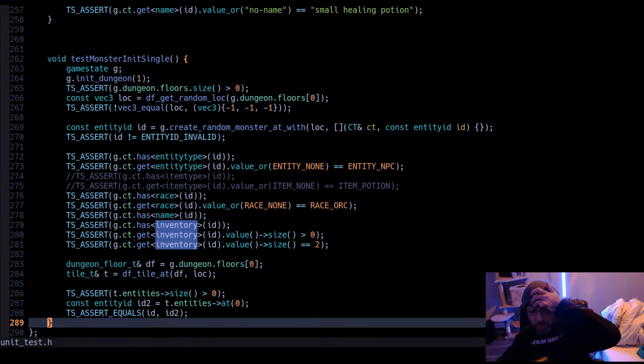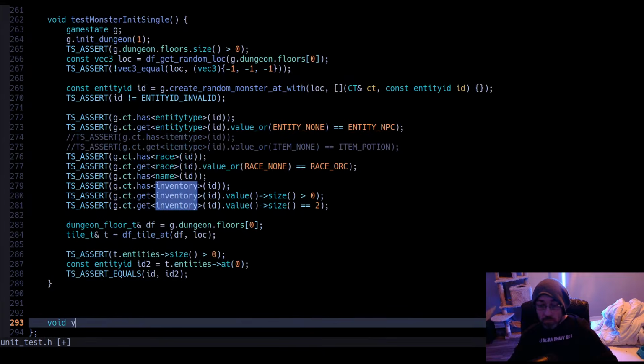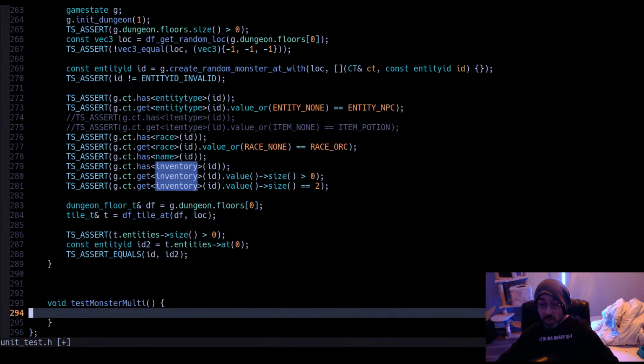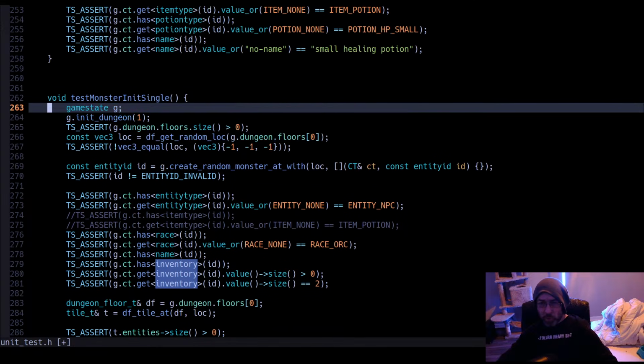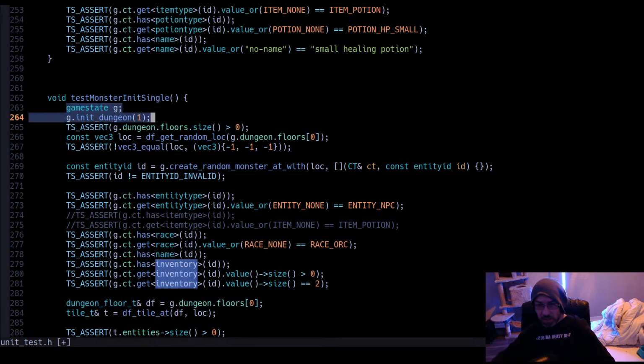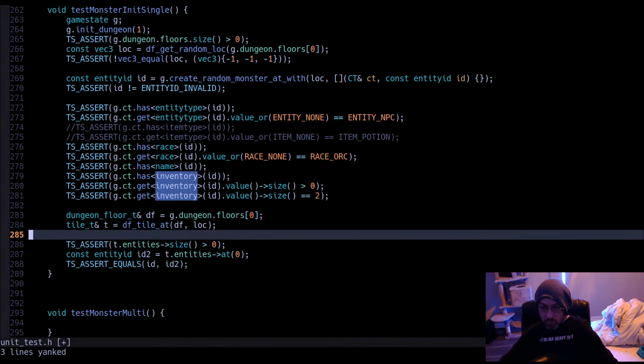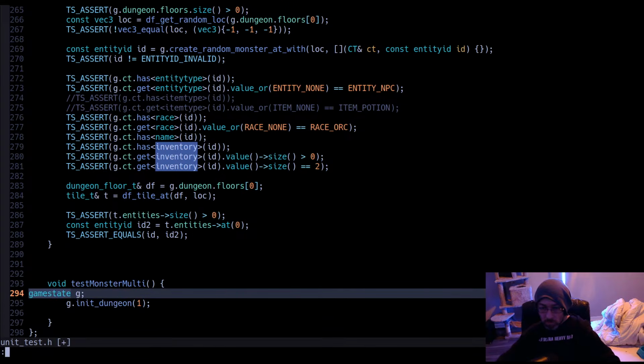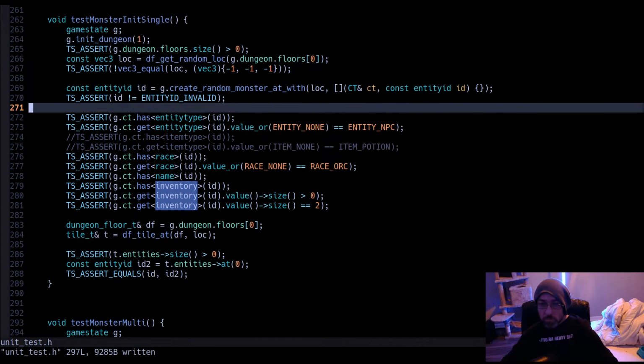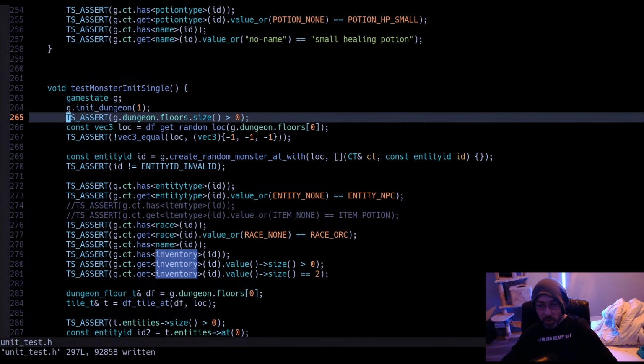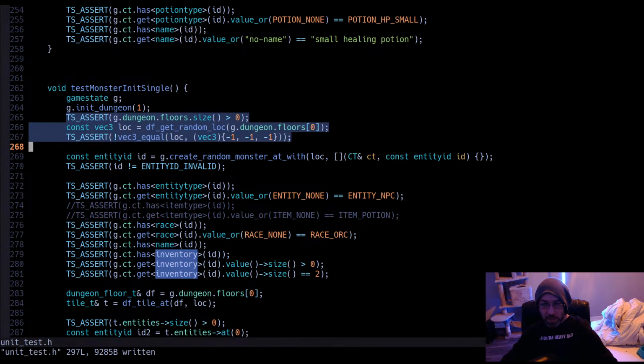So that's just placing one monster, right? Let's say we want to create like 3 or 4 monsters in this tiny dungeon. I'm not going to bother with these assertions, although I do want to hold on to that just in case.